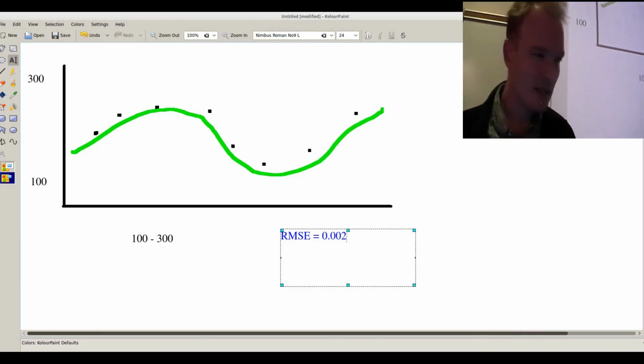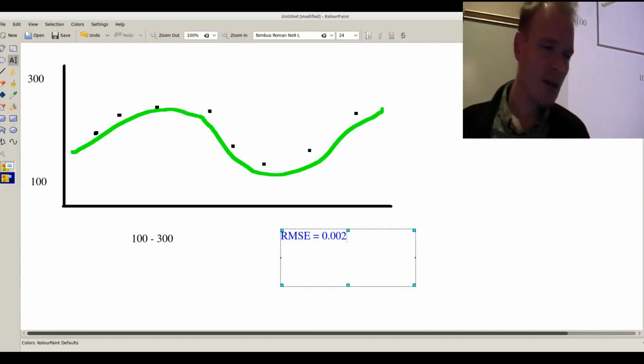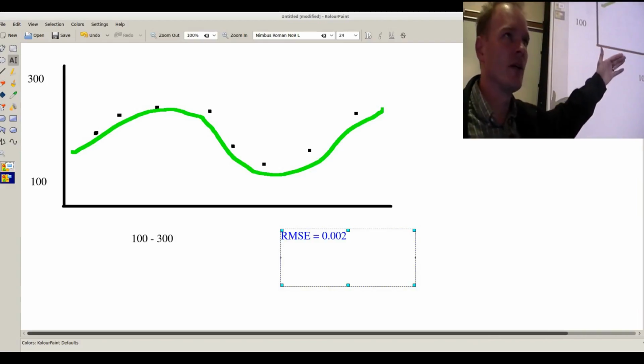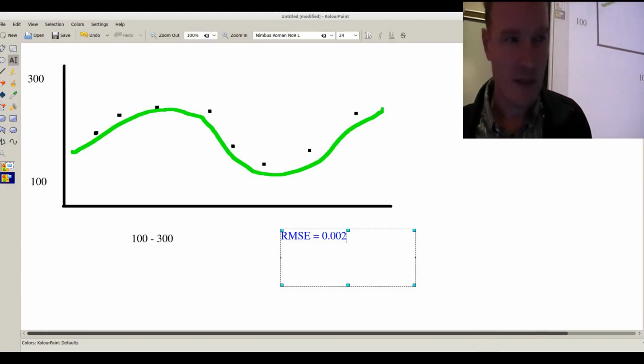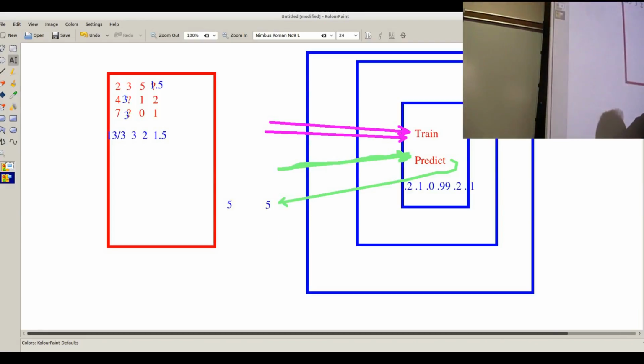It would be kind of nice if you could measure the error in the original space, even though your neural network only makes predictions in the range of -1 to 1. How would one do that? Well, if you had one of these wrapper style models, your neural network inside the box could be making predictions between -1 and 1, but those get translated to the 100 to 300 range for the caller. And then the caller out here could measure root mean squared error and get a meaningful number that actually represents